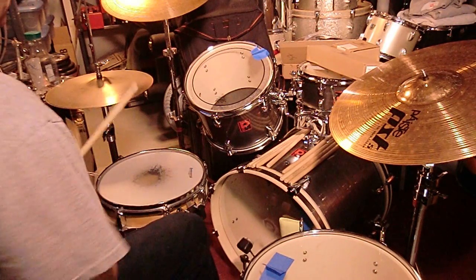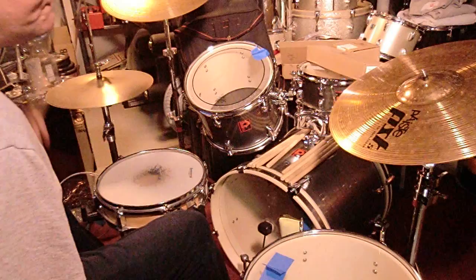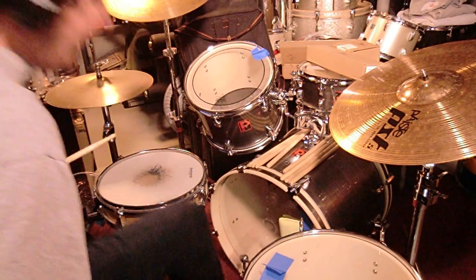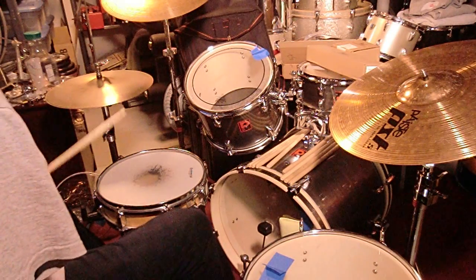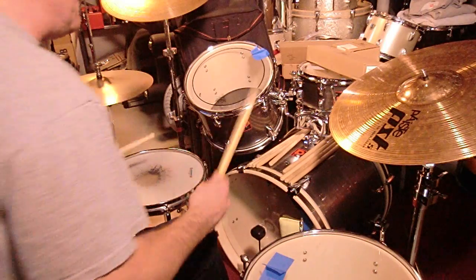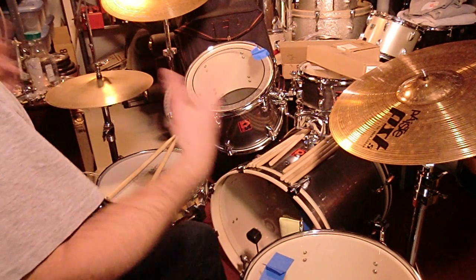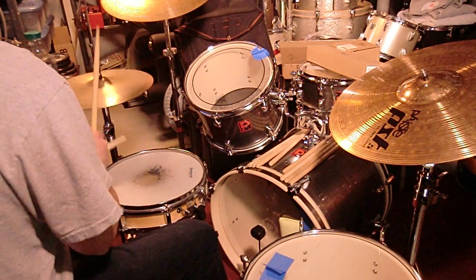I messed it up a second ago. So 1 E and a 2 E and a 3 E and a 4 E and a 1 E and a 2 E and a 3 E and a 4 E. That's the basic paradigm. Loop that for a while, even before you bring in the hi-hat bark, okay? Because the groove of the tune, and he does do 16ths later,